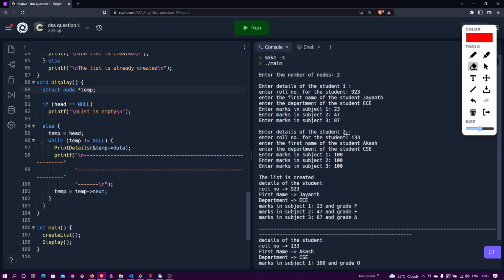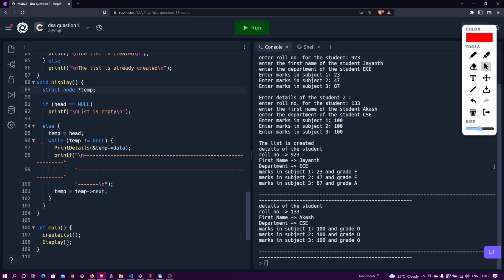Okay, so the list is created, and as you could see, it gets printed in a really beautiful manner here. Yeah, so that's all. I hope I was able to make things clear,